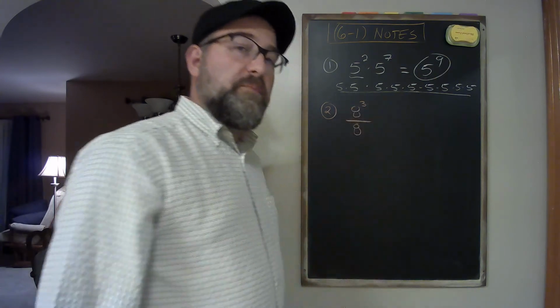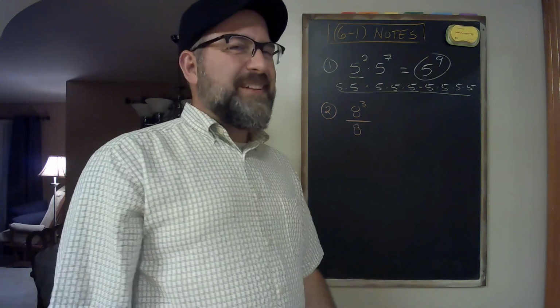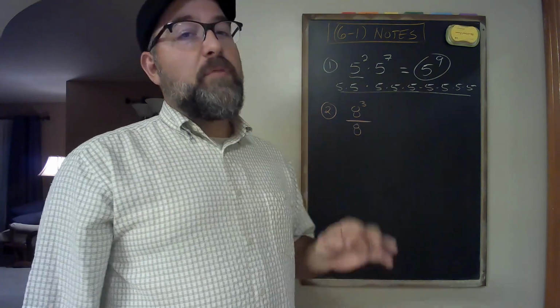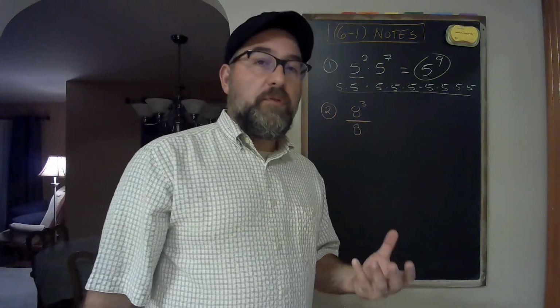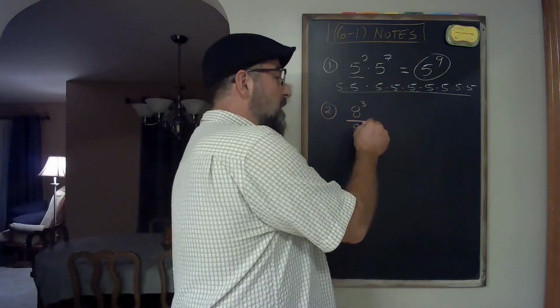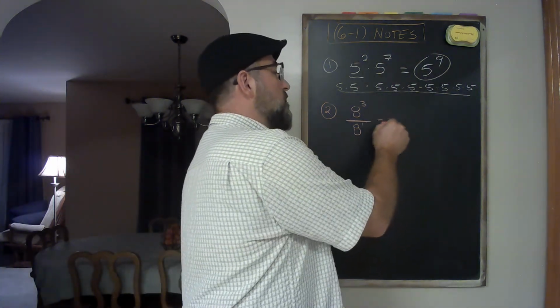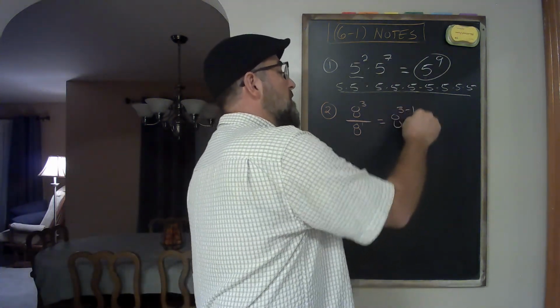This is a quotient of powers. They both have the same base. Maybe you're thinking that 8 doesn't have an exponent. Remember, every number or variable you see, if there's no exponent written, there is an implied exponent of 1. So this is 8 to the 3rd over 8 to the 1, which is 8 to the 3 minus 1,